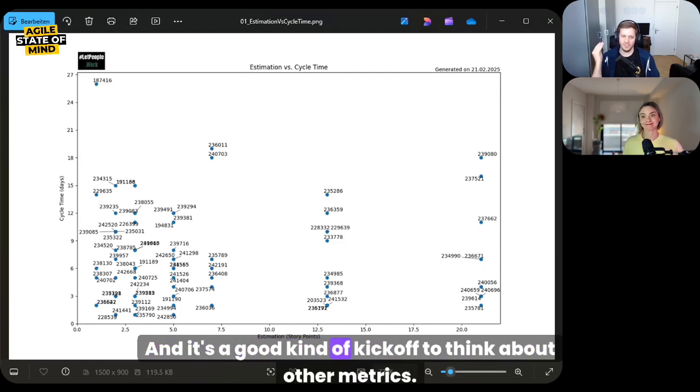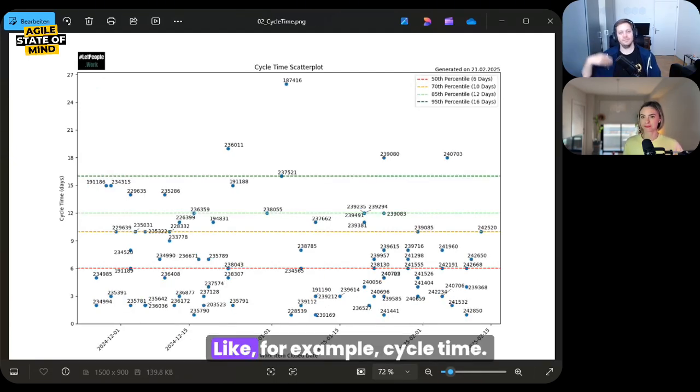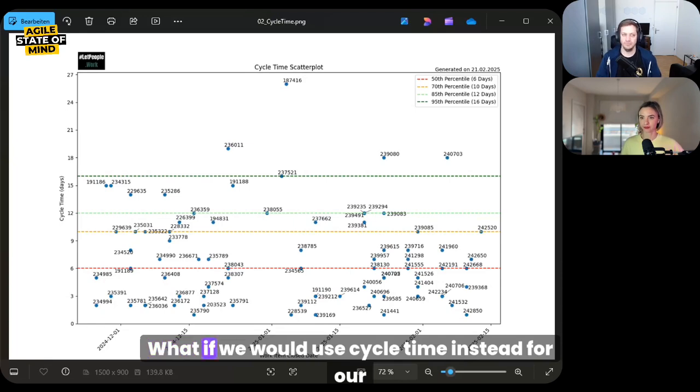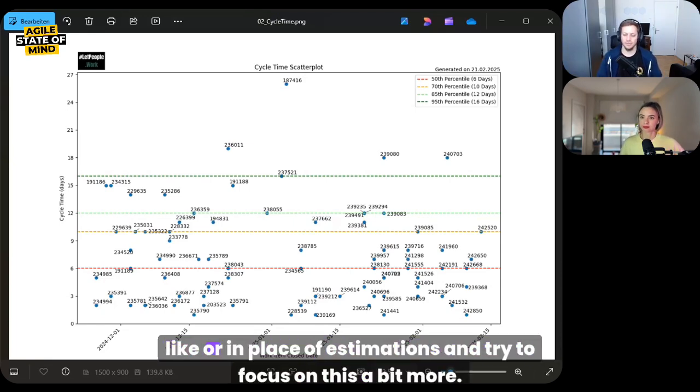And it's a good kind of kickoff to think about other metrics. Like, for example, cycle time. So this was what we concluded then instead of estimates. What if we would use cycle time in place of estimations, and try to focus on this a bit more?